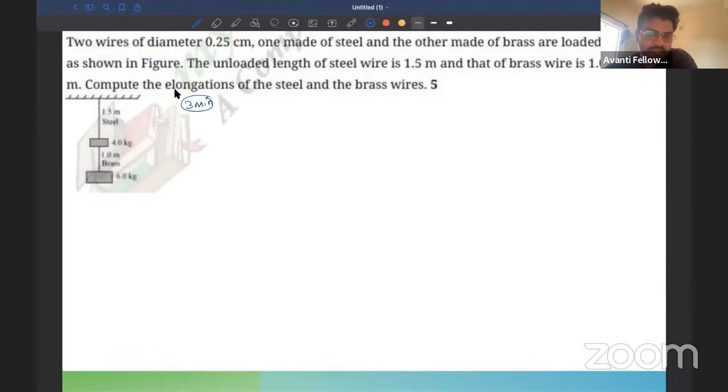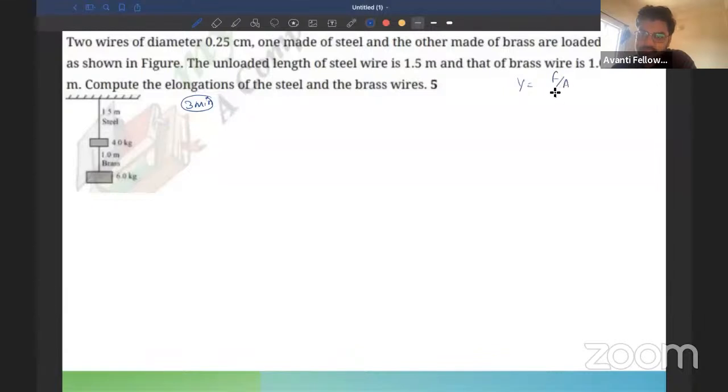Of course, there will be an elongation, right? Steel wire is there, brass wire is there. They will elongate due to gravitational force or gravitational pull. What is that elongation? That is asked. So यहाँ पे very simple. You have to use Young's modulus. Okay. For those who don't know what is Young's modulus, जिन लोगों ने बिल्कुल पढ़ाई नहीं की है, it is